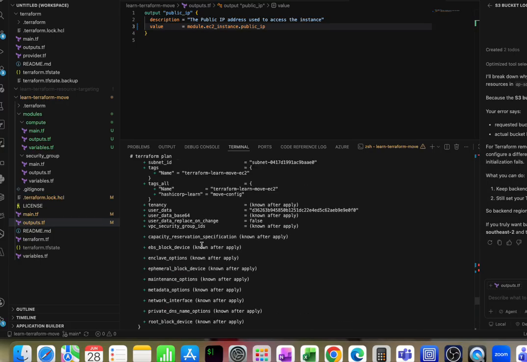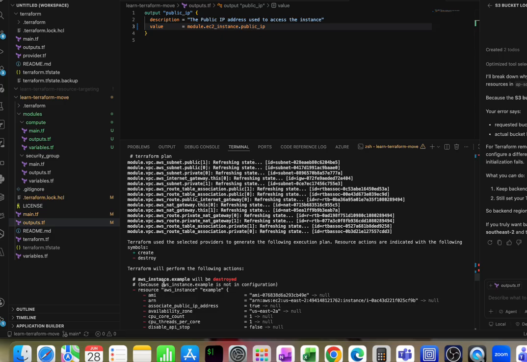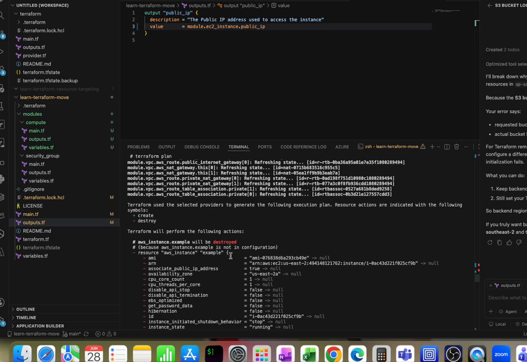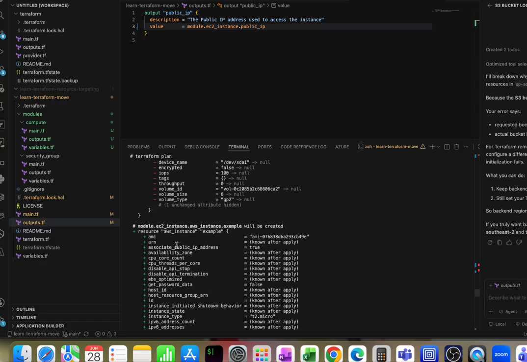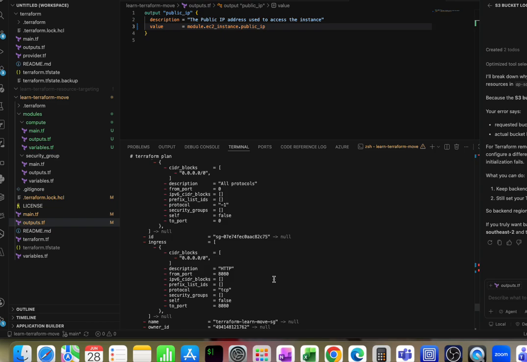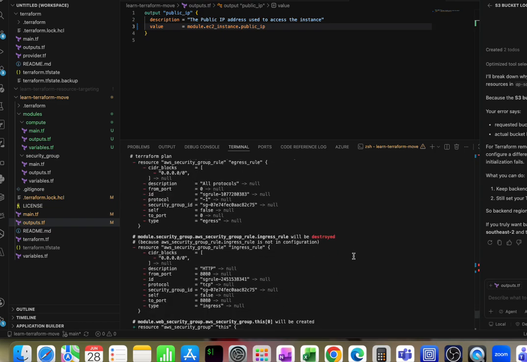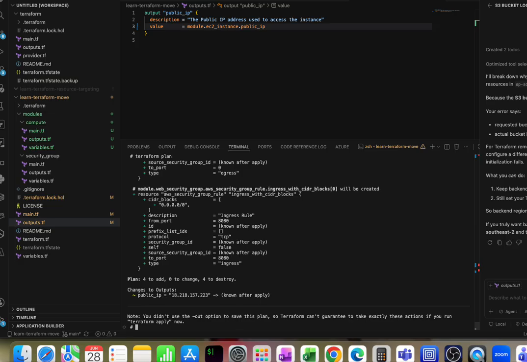You generally see the things that are deleted using a negative, so it's removing the instance, and it's creating a new instance, and it's removing the security group, and it's removing the ingress and egress rules, right? So we don't want that. We want to move our